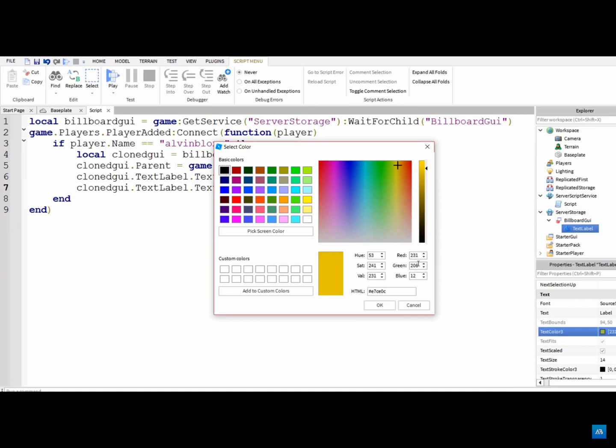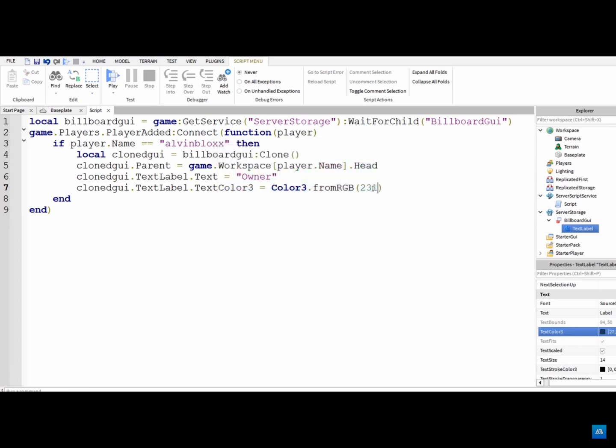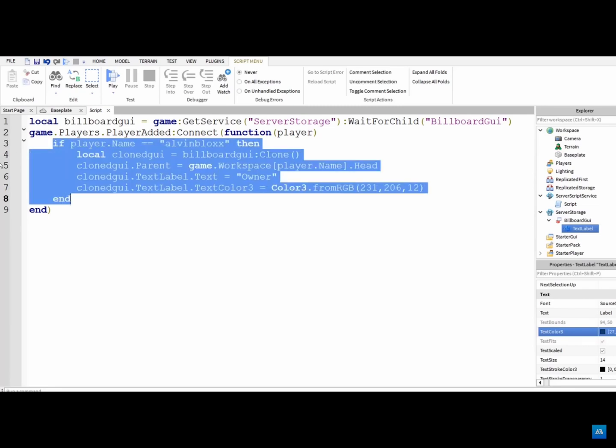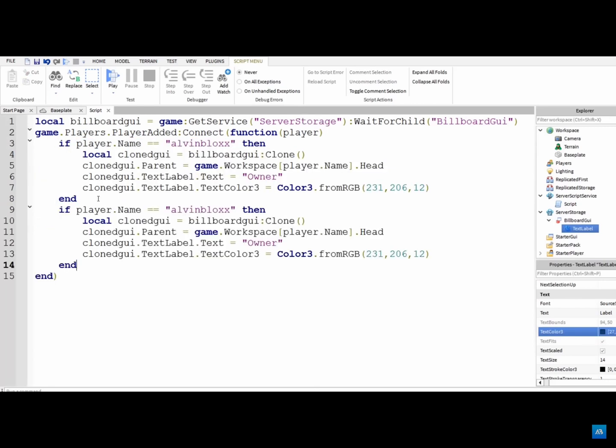So I want a yellowish colour and the RGB is going to be 231, 206, 12. So I'm going to write it in here: 231, 206, 12, and that's going to make it yellow. So that is one tag done. If you want to have multiple players, you just need to copy this if statement and paste it, and then you're going to want to change the player's name and the text and maybe the colour if you want a different rank. And if you want to check if a player has got a game pass, you can say if